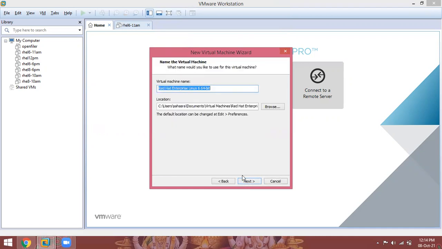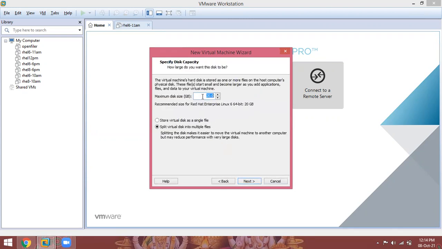Give the machine name RHEL6 12 PM batch. So RHEL6 12 PM. Click next. The default disk size of 20 GB is enough to install and practice our Linux server.